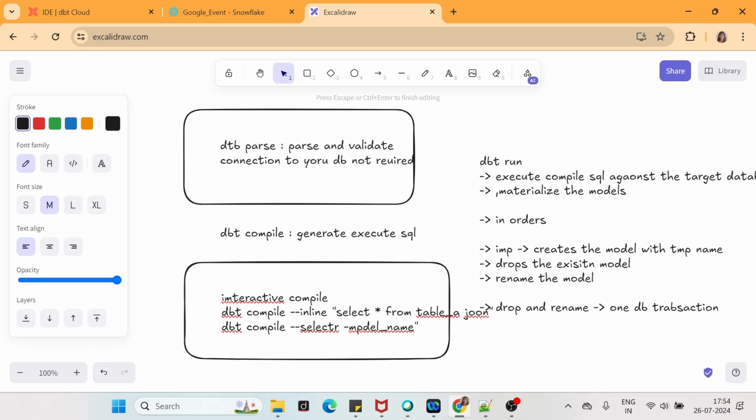Just to summarize what we have learned: dbt sources, we have a little bit of an idea of how dbt test works. We also know the main difference between dbt run and dbt build, which is that dbt run is not going to include your tests, but dbt build is also going to include your tests, your snapshots, your seeds, right, and your models, of course. We have learned the dbt run command, the dbt parse command, and we have also learned the dbt compile command, right?